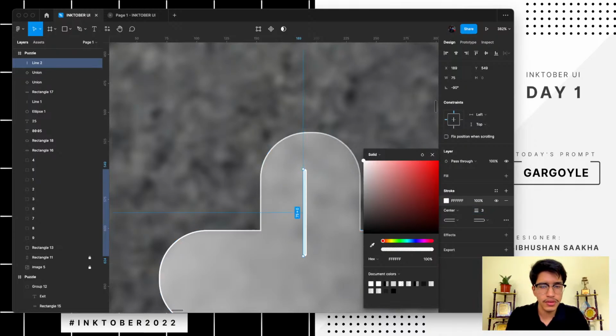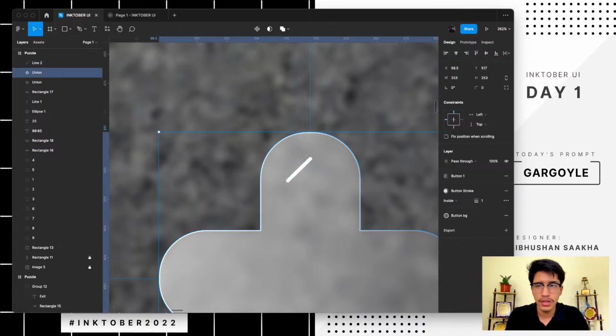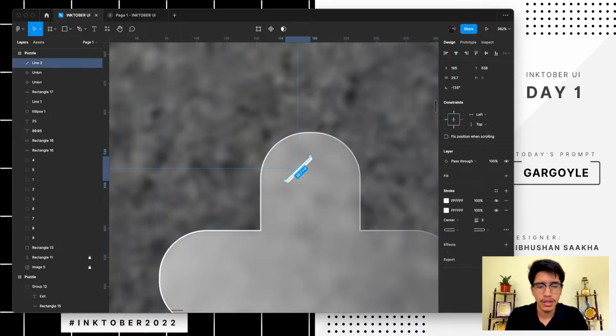Take this to 45 degrees, decrease this, duplicate, and what? It's at the top, right? So duplicate, and then we have,